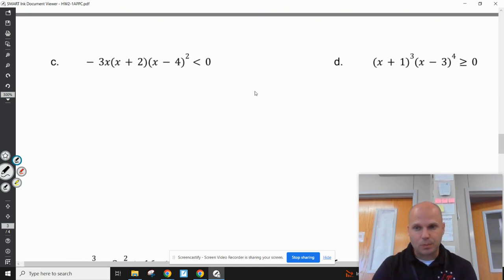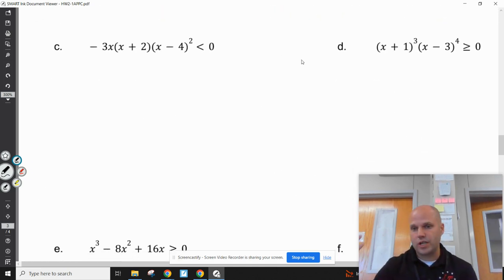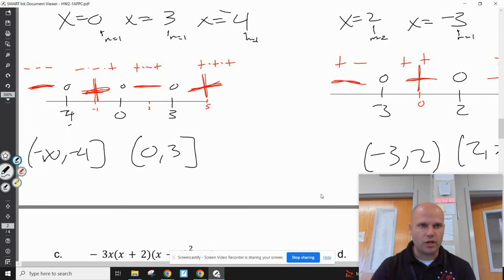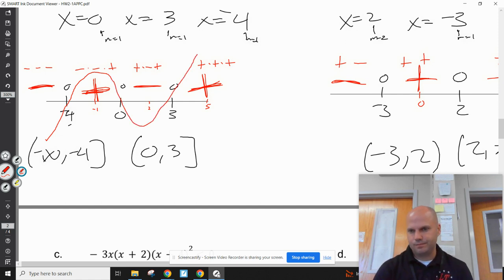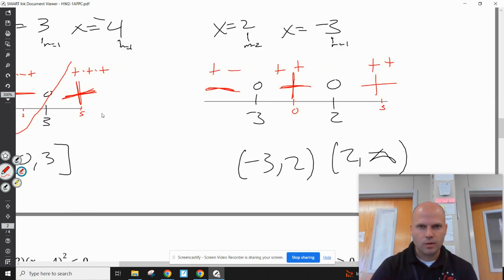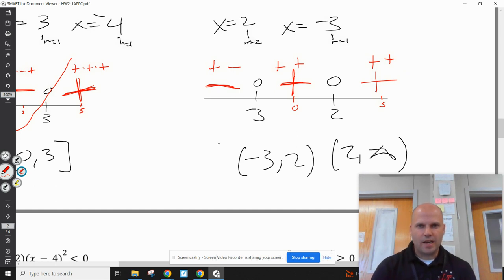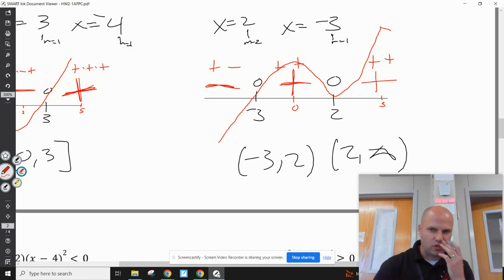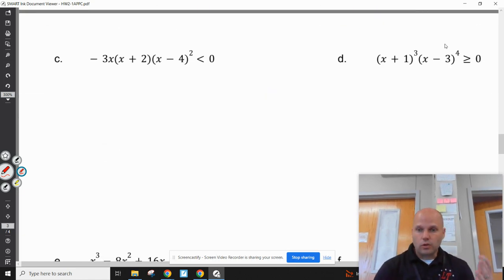And if you understand multiplicities and sign charts, you understand what graphs look like. Because what we're going to do later is be like, oh, this graph is going to be negative, then positive, then negative, then positive. Boom. That's what the graph looks like. This graph will be negative, then positive, and then 0, then positive. This graph looks like that. It's like a bounce. All right, so let's use that